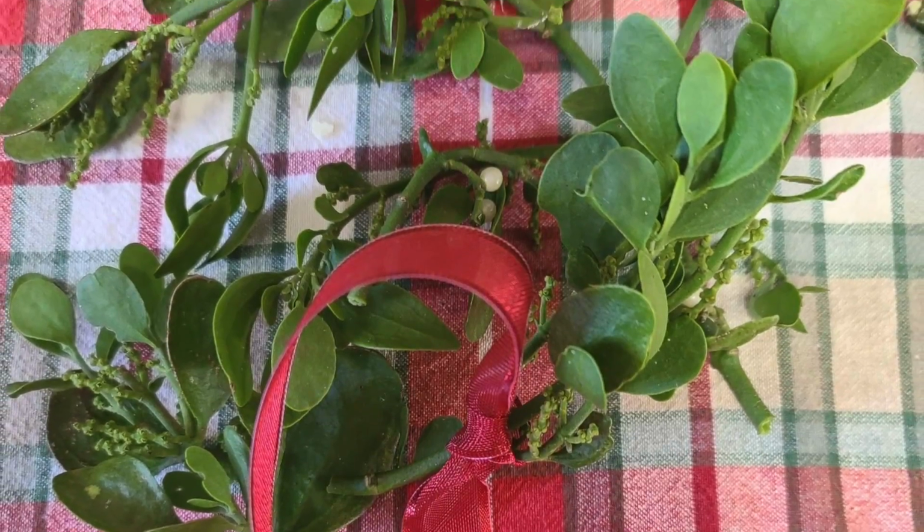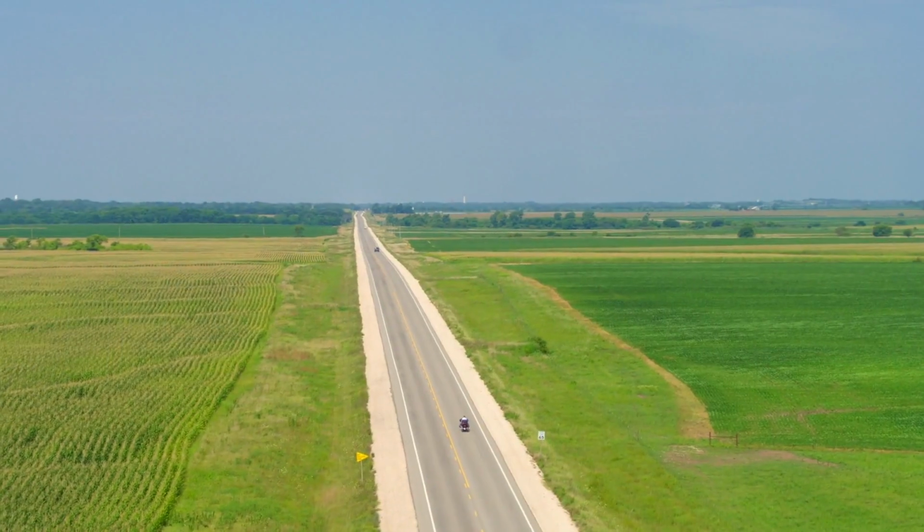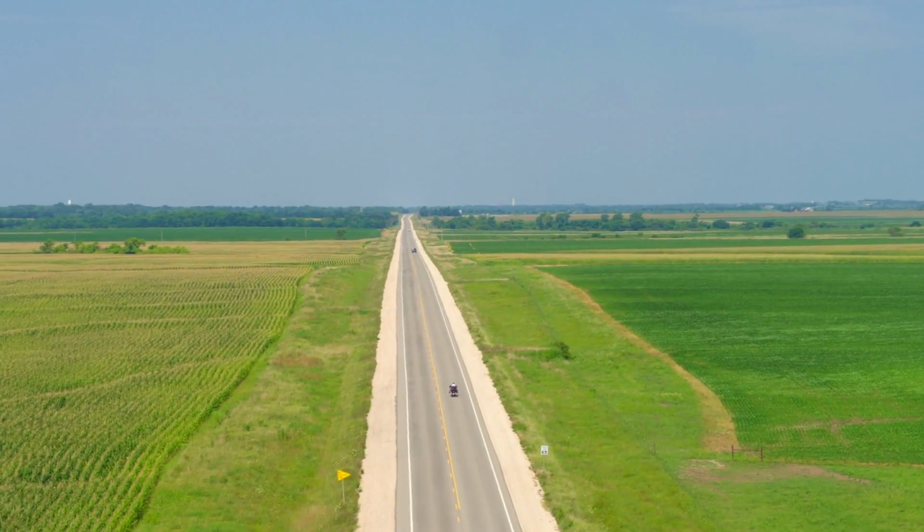And then we gathered some Virginia pine. That's Virginia pine. And some holly, some magnolia leaves. Oh, and I am shipping a lot of these things back to Kansas for my own personal use. So watch out, post office. So, if you will, indulge me for a minute or two as we go tramping through the woods in the